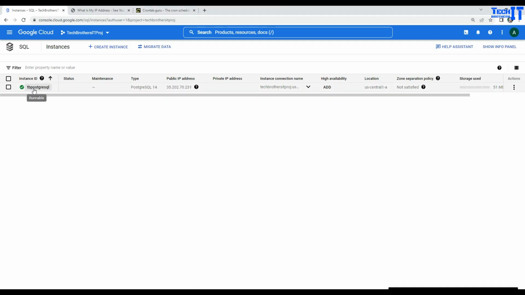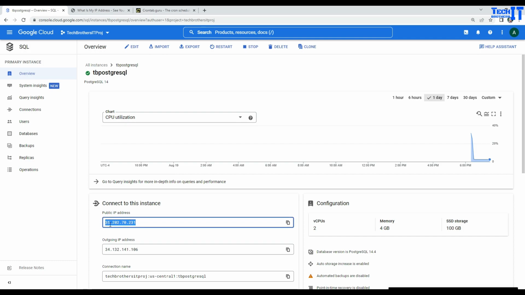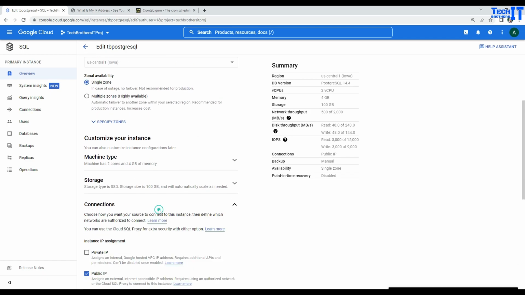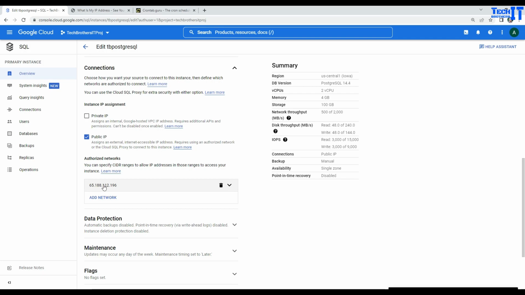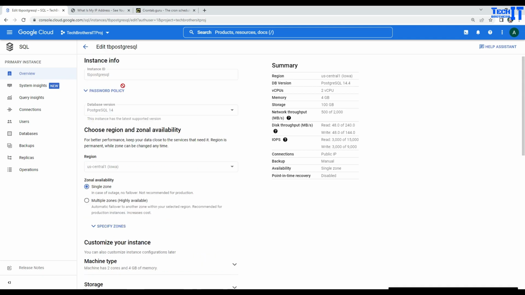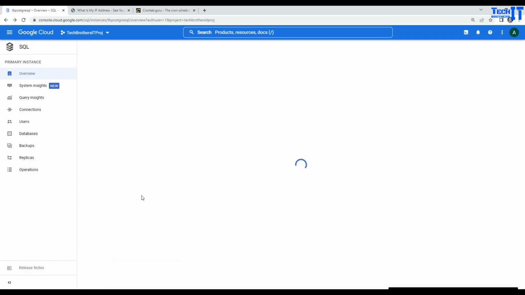Here I have a Postgres instance, and you can see right there that it's Postgres 14, and this is the IP I'm using to connect to this instance. If you go further down there, I have added my IP so I can make a connection to this. Right here in the connections, I have enabled public IP and I have added my IP, so I can connect from my laptop. So here's my pgAdmin, and I'm going to add this instance to it. Let's go ahead and take the IP of this instance, and then we will go from there. Let me copy it right there,